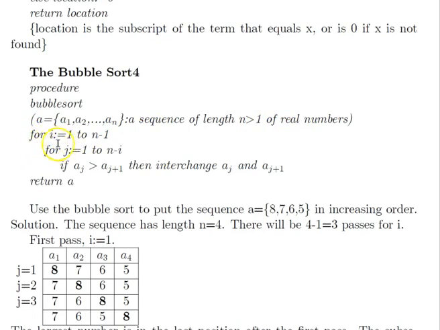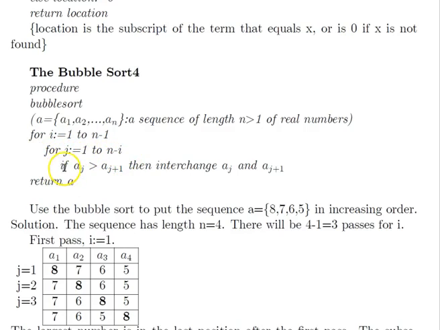The outer loop takes values for values of i from 1 to n minus 1, and this is the action of the outer loop. It is just the inner loop. For j from 1 to n minus i,